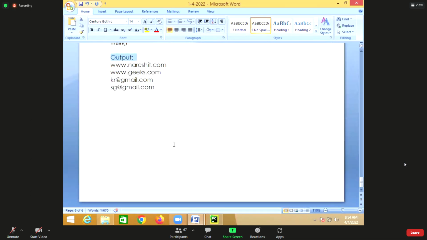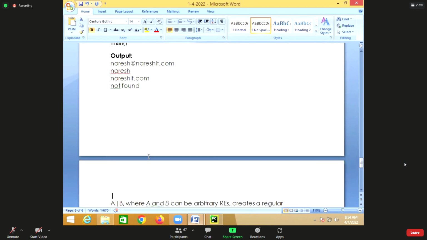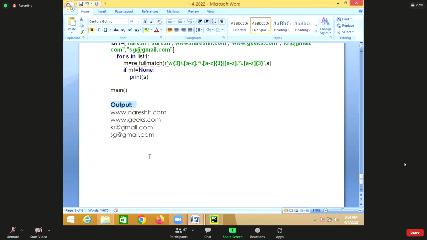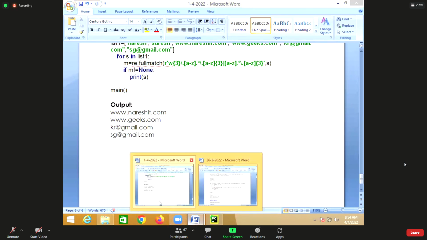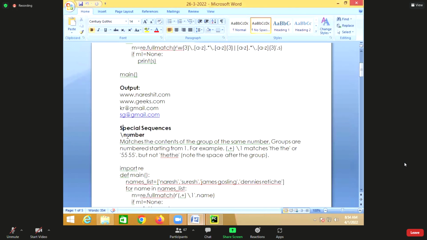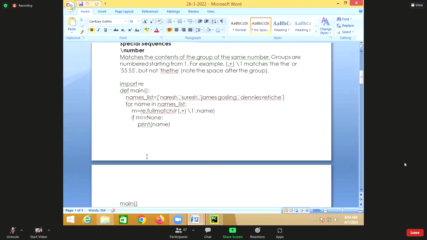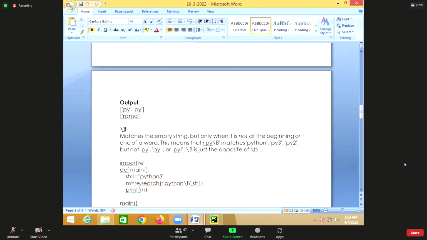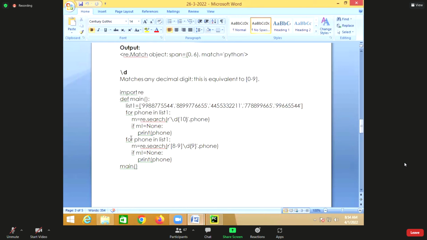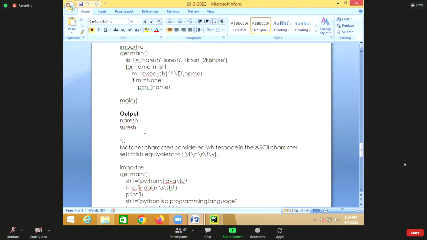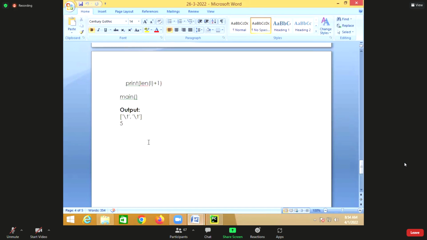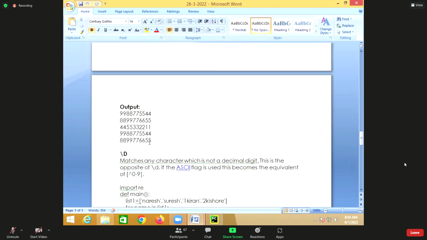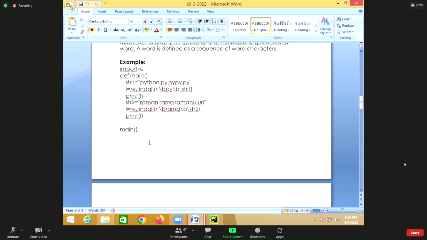Now these are special characters, all of these. Next you have some special sequences, like backslash number, backslash A, backslash B, backslash capital B, backslash D, backslash capital D, backslash S, like this.